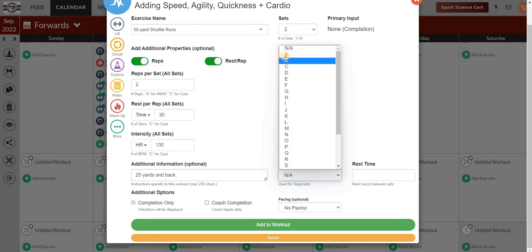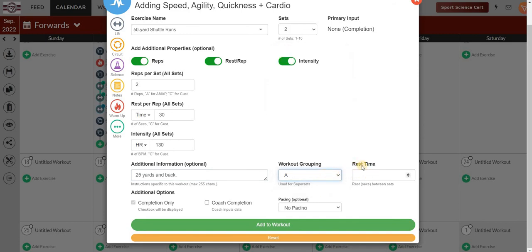And then we'll go ahead and assign a workout grouping. So we'll just say A here. And then now we can set the rest time. So this rest time is the rest between sets. So you can see here we have our rest per rep. We've got 2 sets, 2 reps. So you'll rest here 30 seconds between each rep, and then I'll say that we rest for 60 seconds between